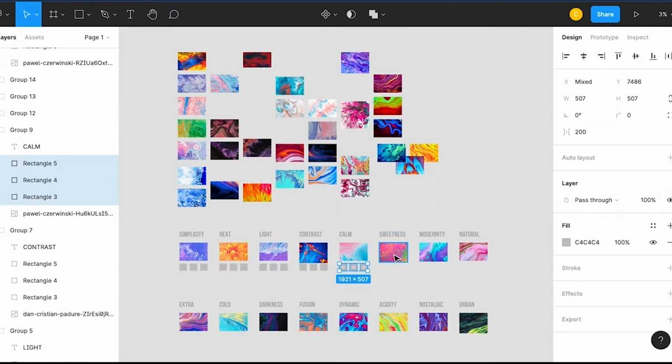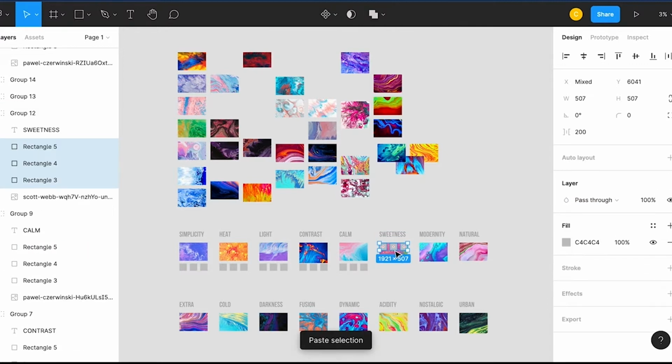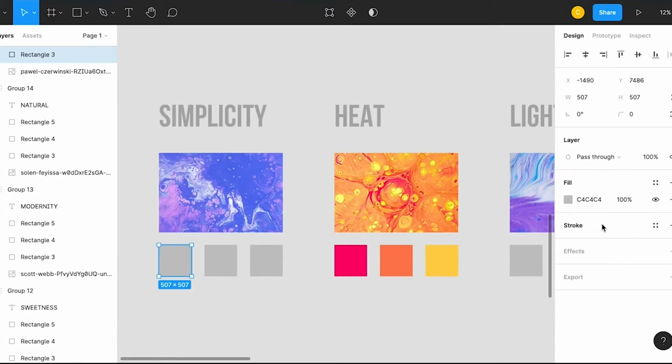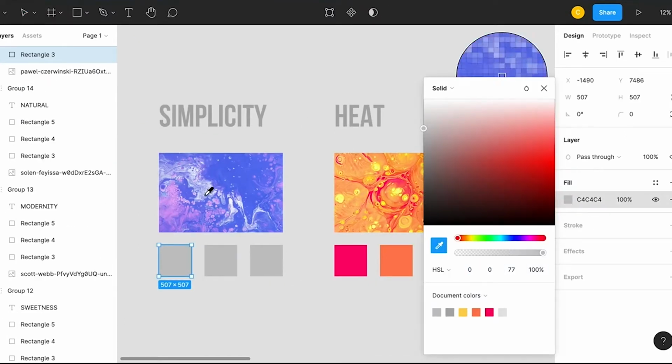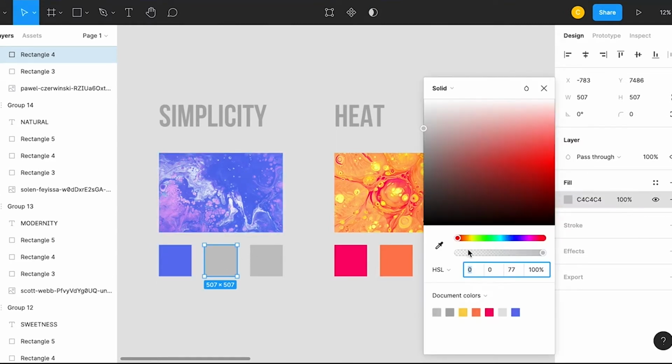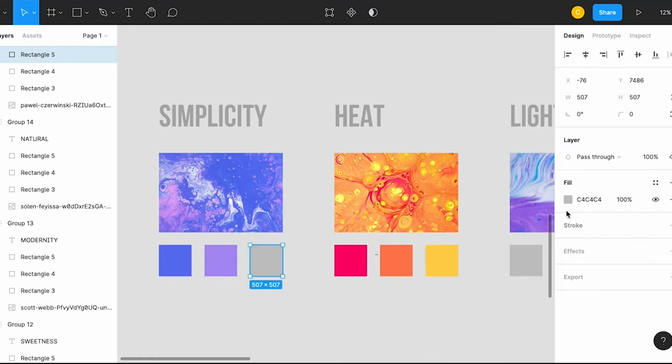Then, once all my photos are linked to their word, I create three tiles for each to decide on the color palettes. I use the Figma color picker to select the colors from the images, and I create my 16 color palettes like that. I'm pretty happy with the results so far.